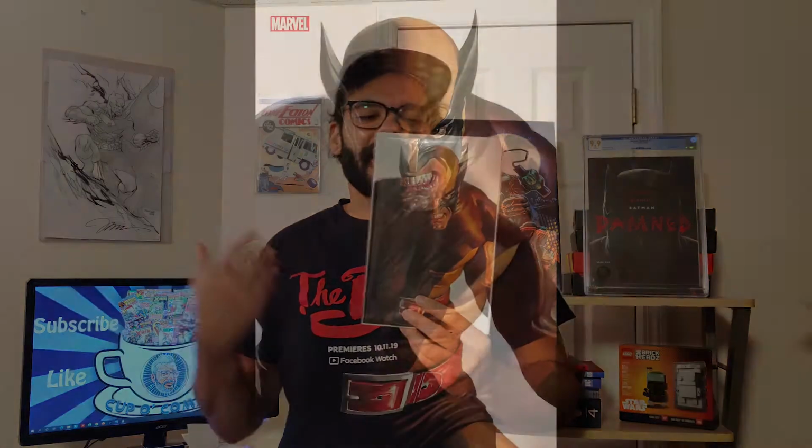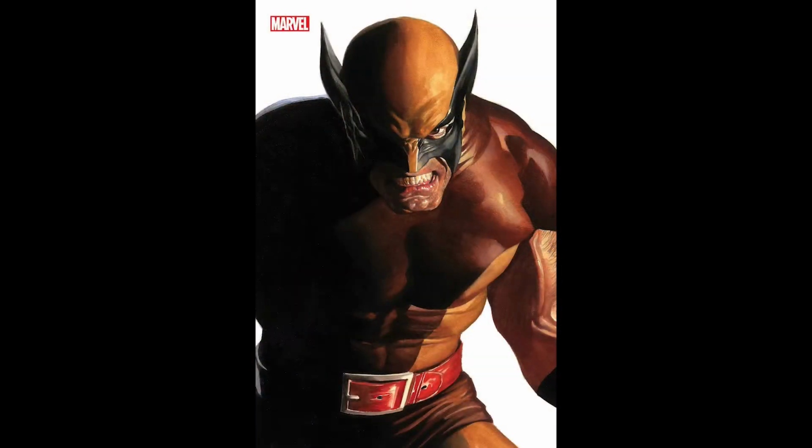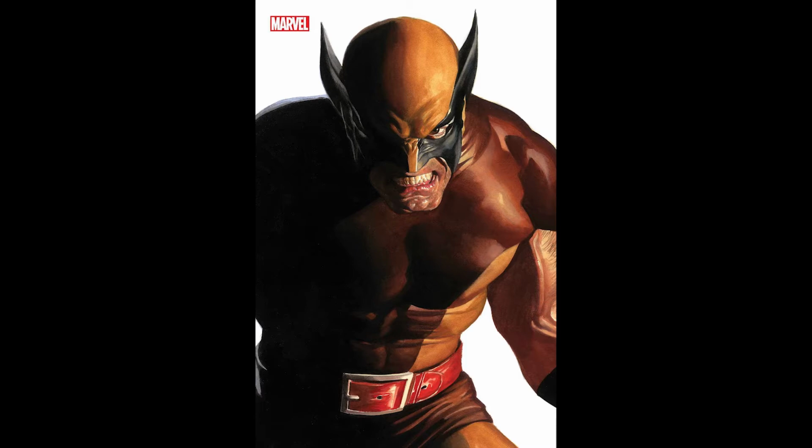All right. Next up, we've got Wolverine number 6. I was only able to snag the Timeless cover. I didn't get cover A. Kind of wish I did grab cover A, but I got this awesome Timeless Alex Ross variant cover. Again, this is part of the X of Swords story. This is part 3, and we're just finding out what Wolverine has to do to get a sword. He's gonna go get the Muramasa sword, and yeah, this one is just about his journey to get the sword,